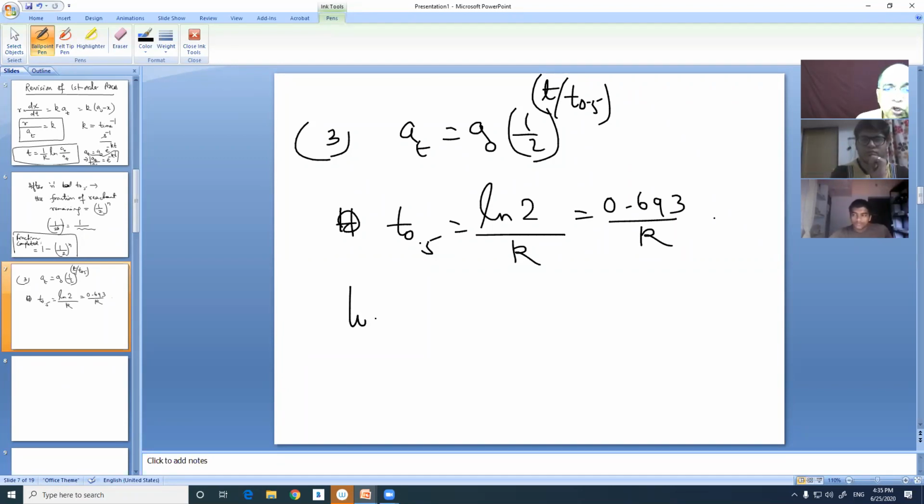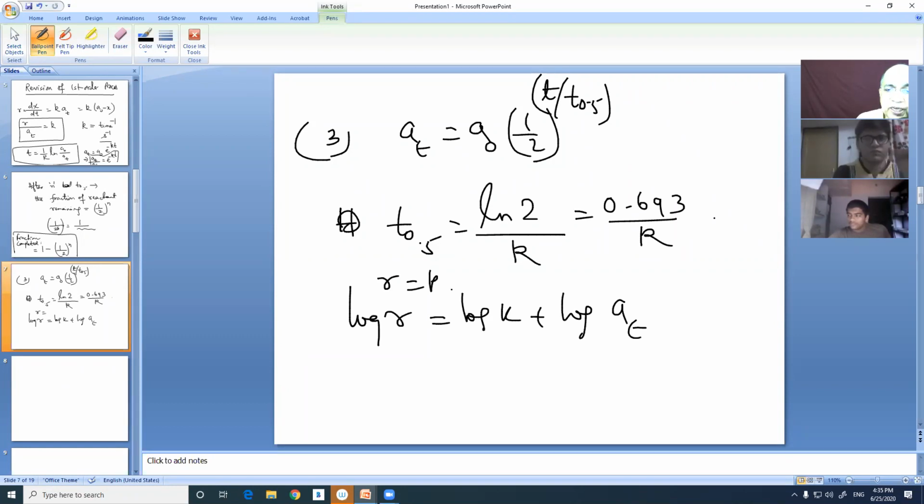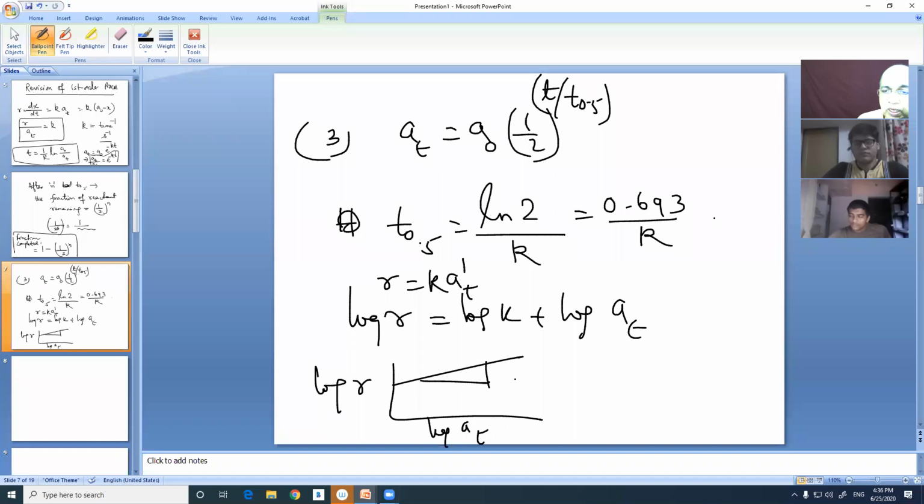And you are very familiar with the graphs. And you know, log R is equal to log k plus log at, because R is equal to k into at, this is first order. So a graph of log rate versus log at will give you this with a slope equal to 1. That slope is nothing but the order, that is the first order, that is 1. And this will be giving you log k, that you know. And all the graphs you know.